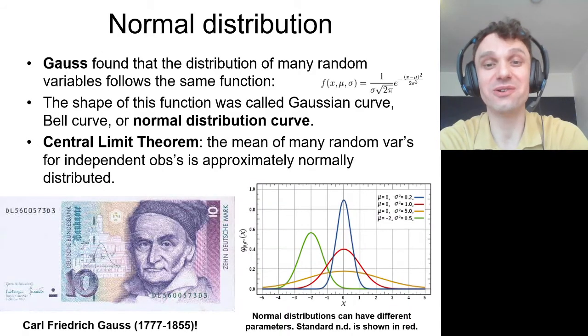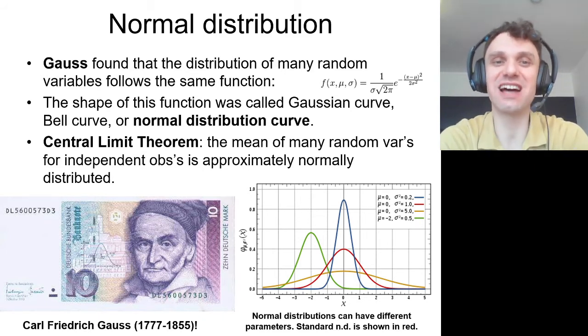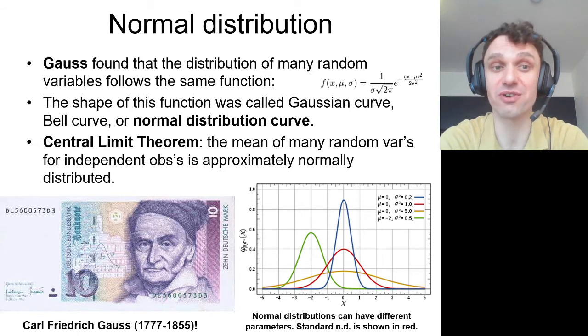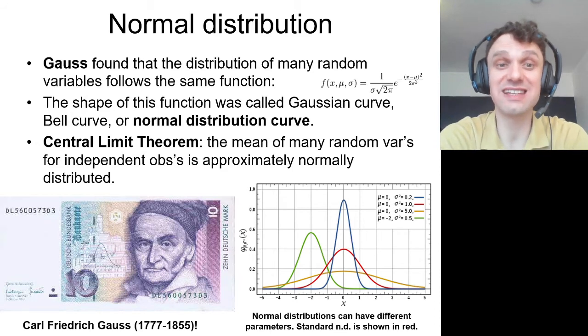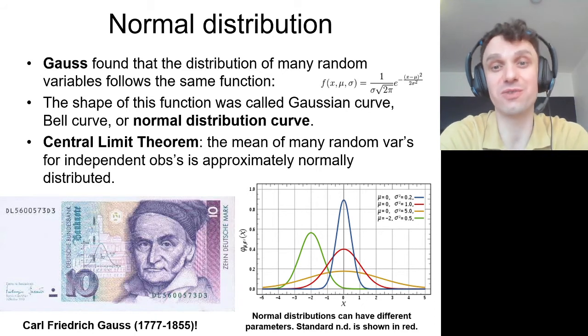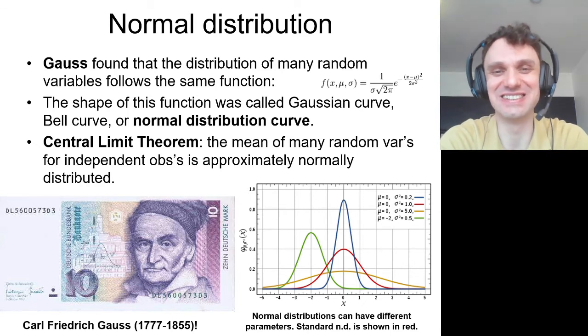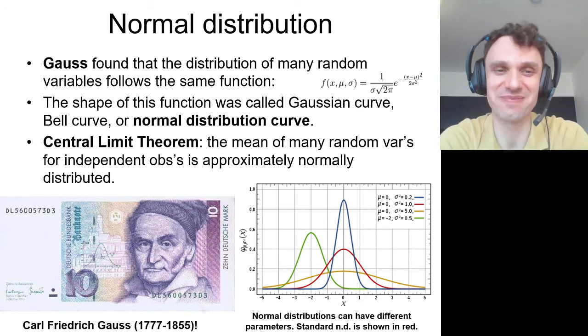So why are those two descriptive statistics important for us? Because they are enough to describe a distribution if it is normal. And it was the great German mathematician Carl Friedrich Gauss who discovered early in the 19th century that if you measure any kind of variable that is determined by many other random variables, by many random processes, you will see that this distribution follows the same function, which is described by this scary looking formula, which I don't expect you to memorize. I don't remember it myself. So it's just for illustration.